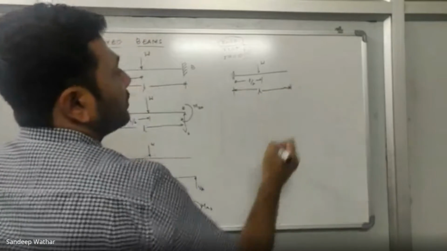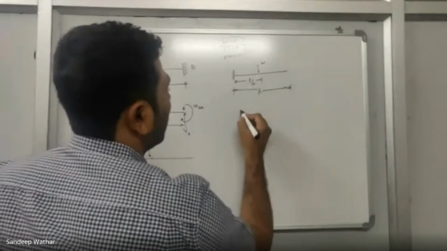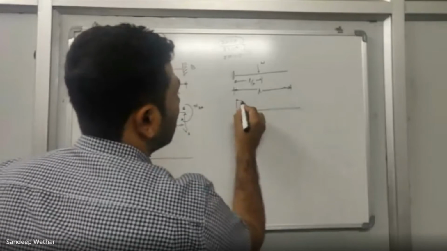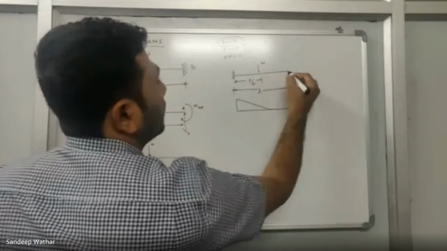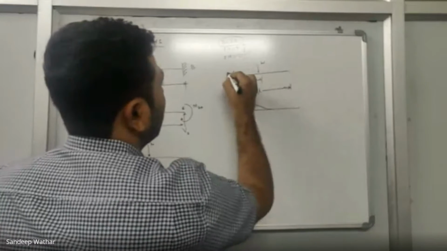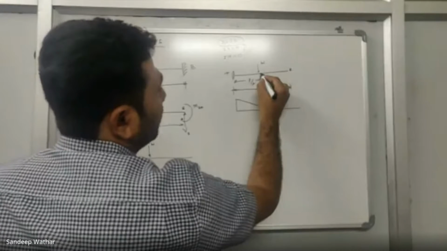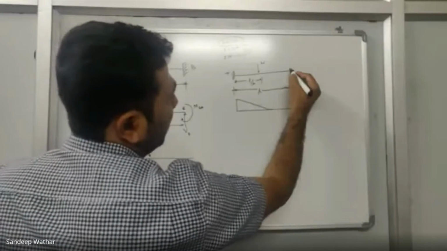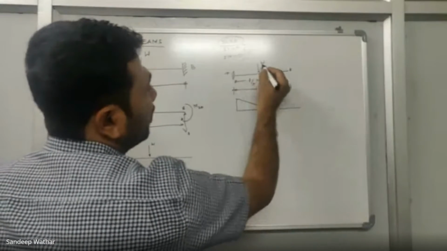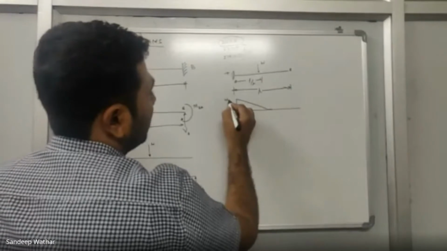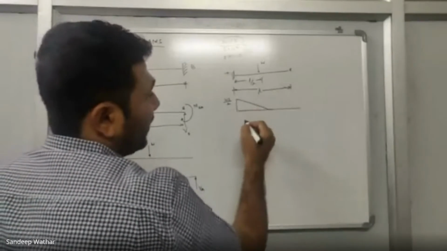Now if I solve the bending moment diagram for this, what will the bending moment diagram be? So this is your A, this is your B. The load is somewhere here, which is L by 2 distance from A. So the bending moment at this point will be equal to 0. It means here also it is 0, here also it is 0. Now how much is the moment at this point? It will be equal to W into L by 2. So I'll write here W into L by 2. Is this correct? Right. So this becomes my bending moment diagram.